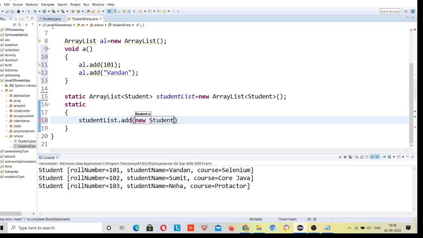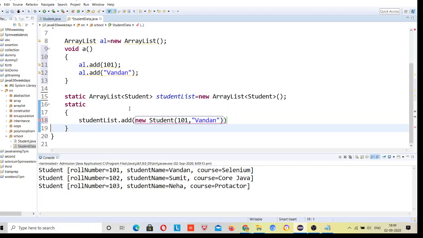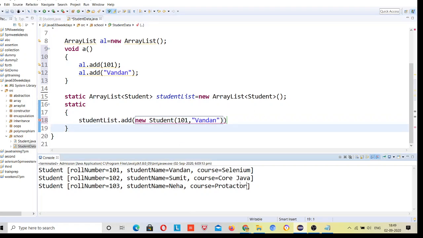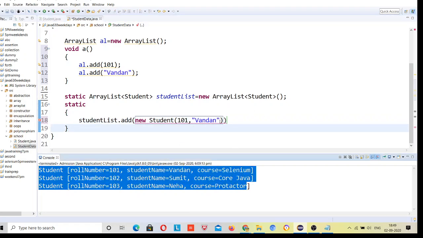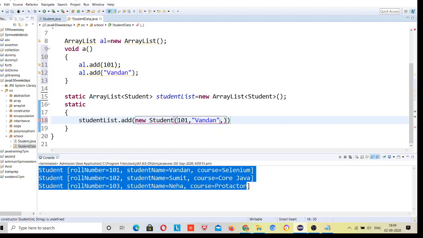So you create objects like this, and pass values: 101, suppose 1, and don't get confused, that was the previous class program, and the course, suppose Selenium. So I have added an object.